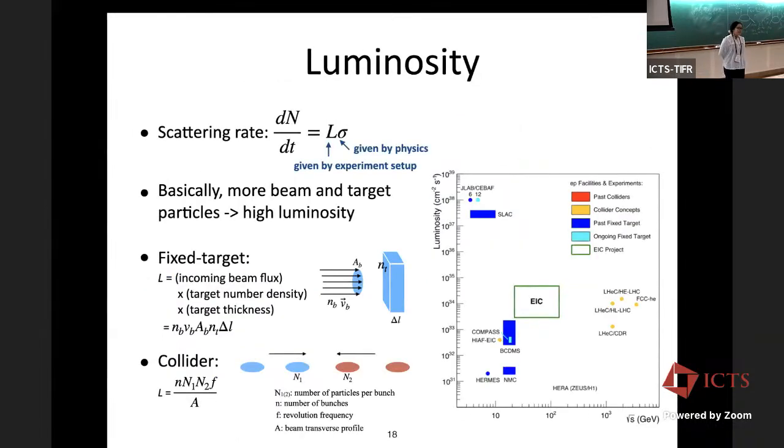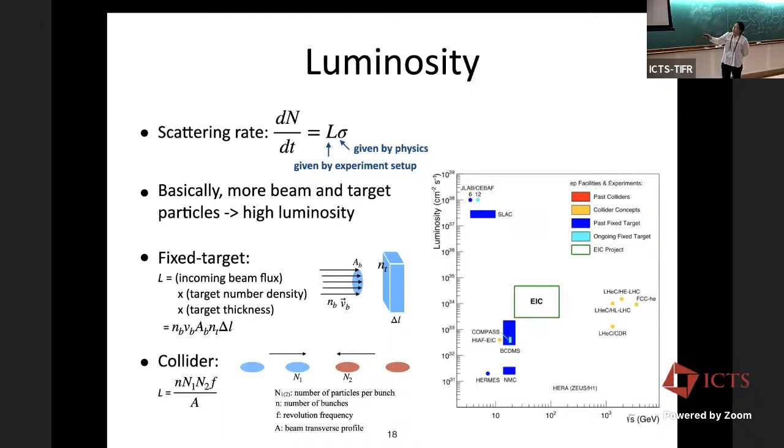All right, so the other parameter that's important for characterizing the collider performance is luminosity. Luminosity is basically the ratio of the scattering rate to the cross-section. When you think about the scattering rate, when you design the experiment or think about the measurement, you need to know what rate you will get, so that way you can design your experiment and determine the DAQ configuration, for example.